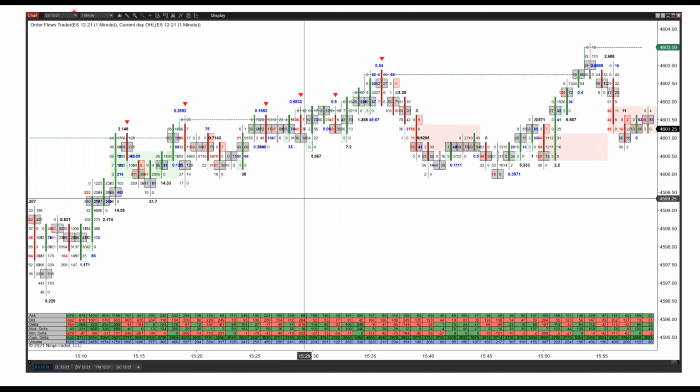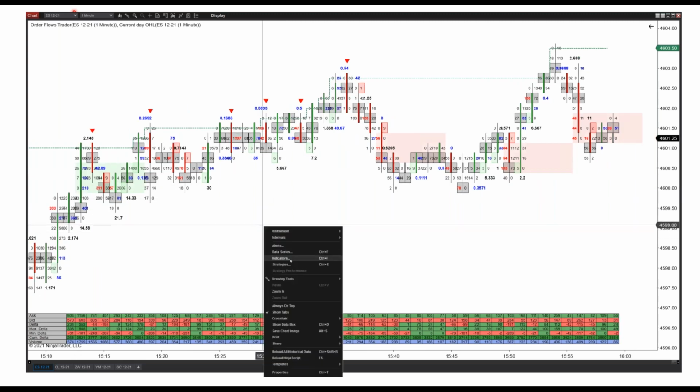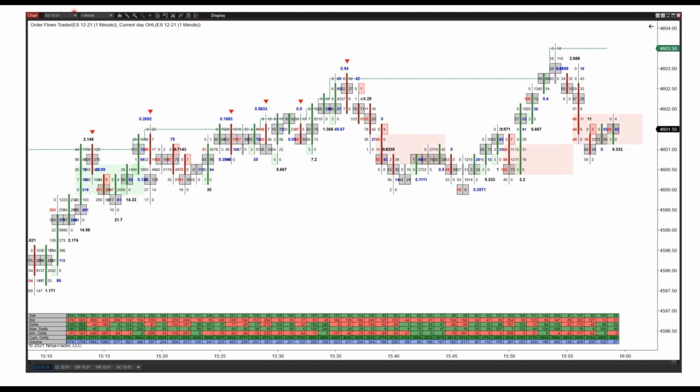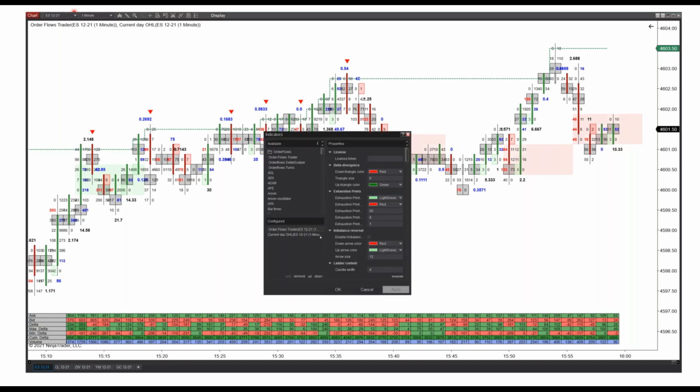Okay, so this is E-minis. This is a 1-minute chart. Let me clean this up a little bit here. I'm going to take off the bid volume and the ask volume, just because it's a little